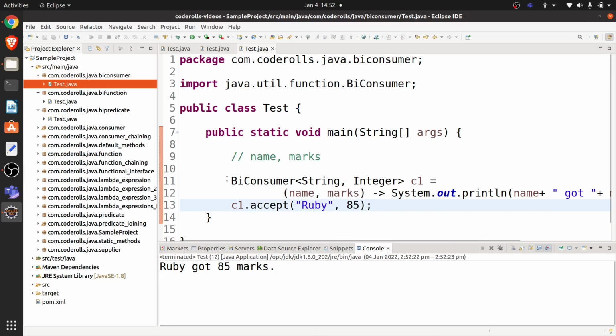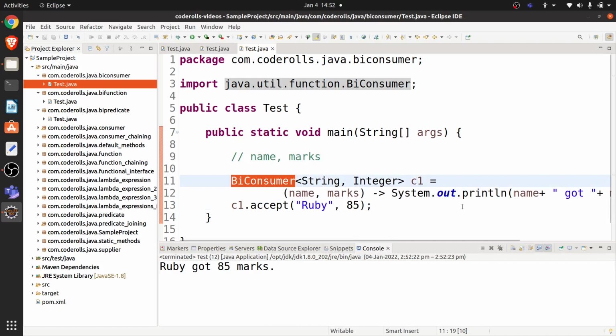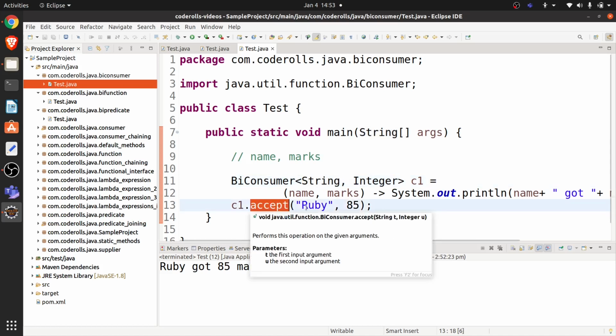So we have written a BiConsumer. Now Consumer will take one argument and consume it. That means it will not provide any result. In case of BiConsumer, it will take two arguments and consume them. That means it will print it or it will save it in the DB. So it can do any operation, but it will not return any result. So we have written a BiConsumer which will simply print name and marks, and we have invoked the accept method which says